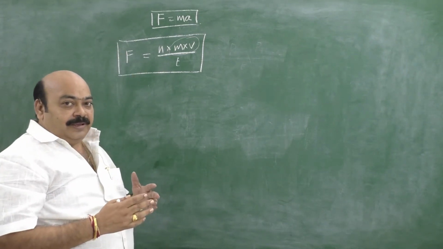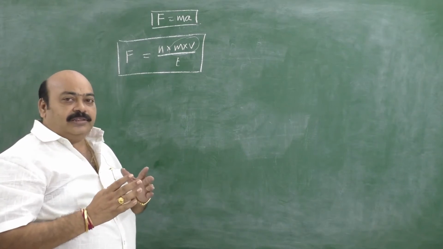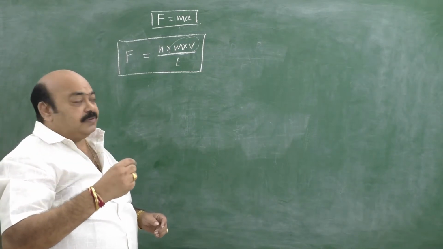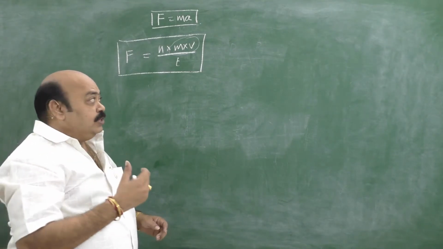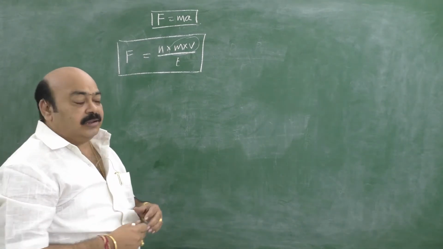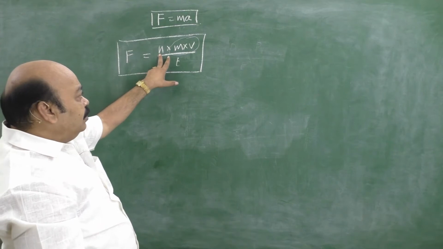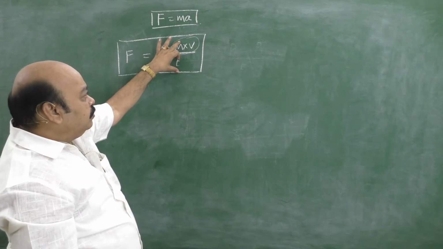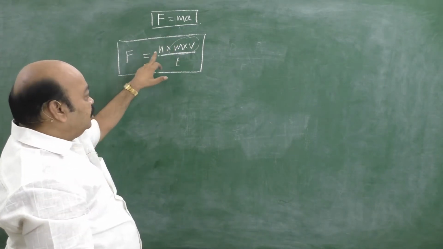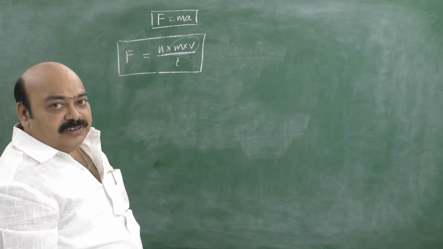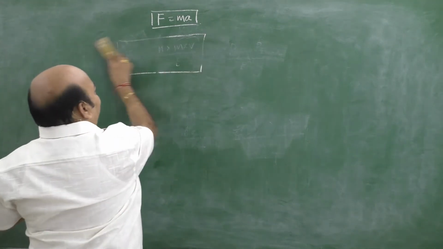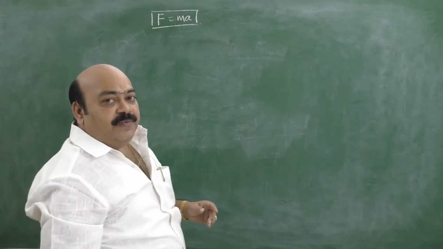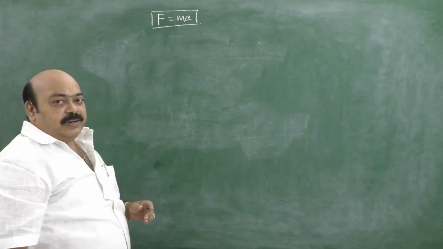What is the situation? A machine gun delivers n bullets, that n means 100 or 200 bullets, each of mass 100 gram, with a velocity of 200 meter per second in unit time. What is the force required to hold the gun? That's the problem. The formula: n is the number, mass into velocity is the momentum of the bullet, divided by time represents rate of momentum. Rate of change of momentum is nothing but force. Since n is only a number, it has no units and dimensions. That's it. In the same way, we can build so many formulae. I will try to give some of the important cases.